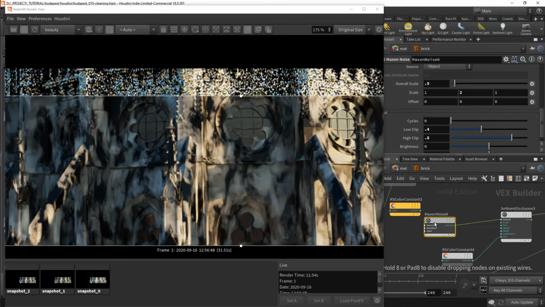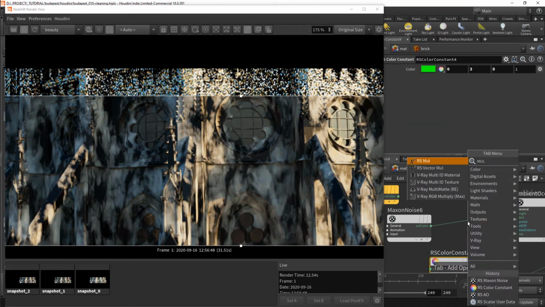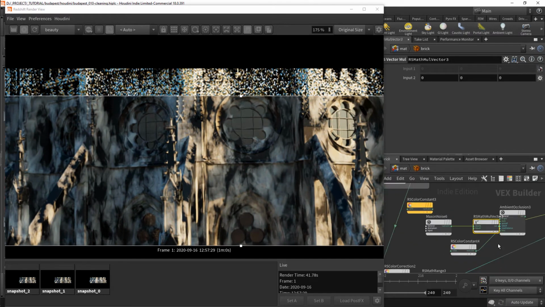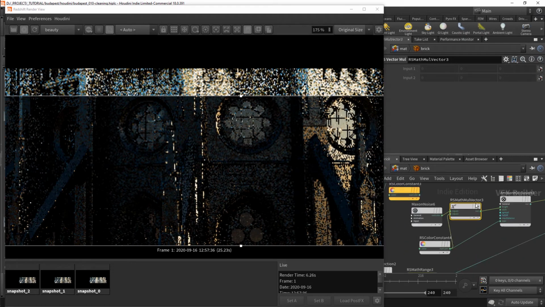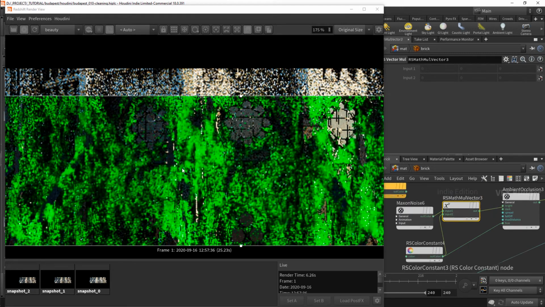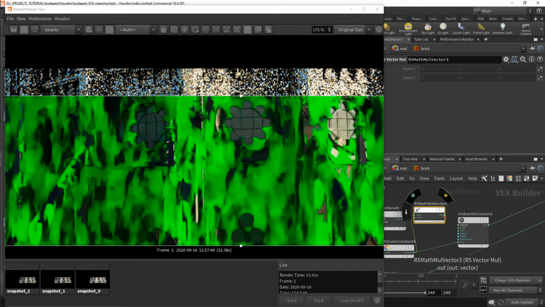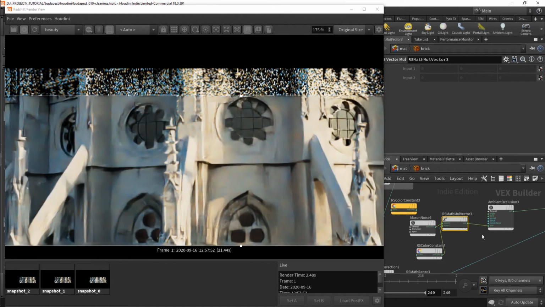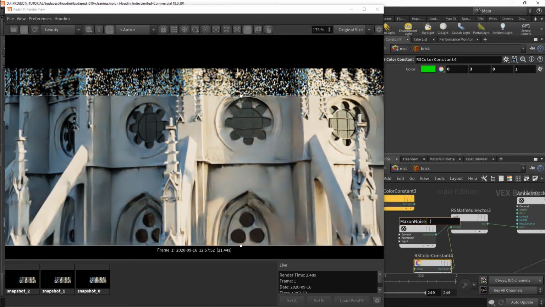So we're gonna multiply this noise by the color constant that we just created. So pretty basic math. By multiplying, the black will basically cancel the bias, while the white will conserve the value that we are assigning in input 2. So in that case, it's a value of 3 in Y. So we got this green in terms of color, but we are plugging that into the bias, not into the color. And from there we have an occlusion that is controlled with this color constant and the max on noise. So this max on noise, we're gonna call it mask,